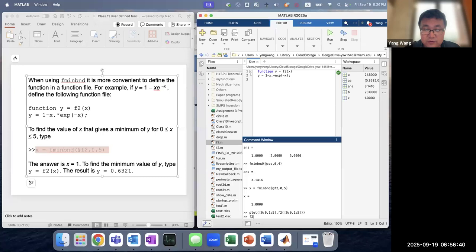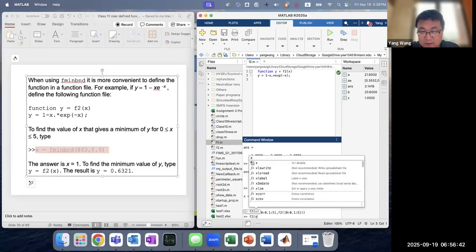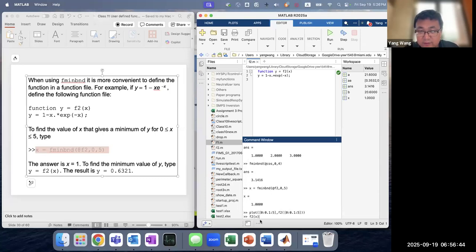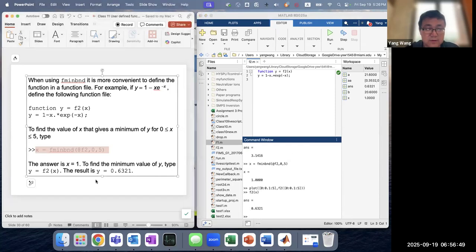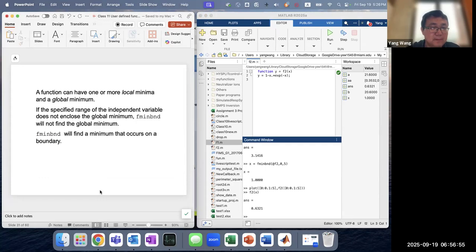Then we can just do f2 of 1, because we already found the x value that gives the minimum function result, right? So it's going to be this value here. It's always better to save your function as a .m file, okay? A function can have one or more local minimum and global minimum,